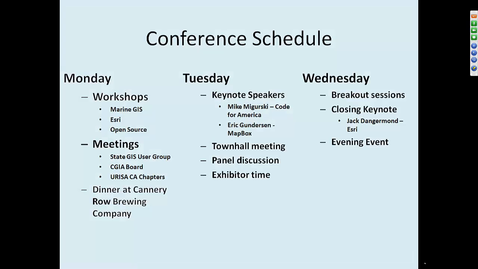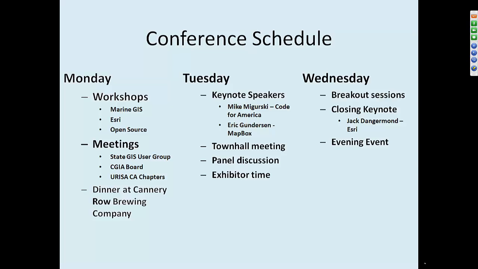For the conference schedule coming up, it'll be a three-day conference. The first day of the conference is workshop day. There's going to be 3 basic workshops and then some extra meetings. The first workshop will be a marine GIS workshop. That workshop is going to be hosted by the Monterey Bay Area GIS Marine User Group.